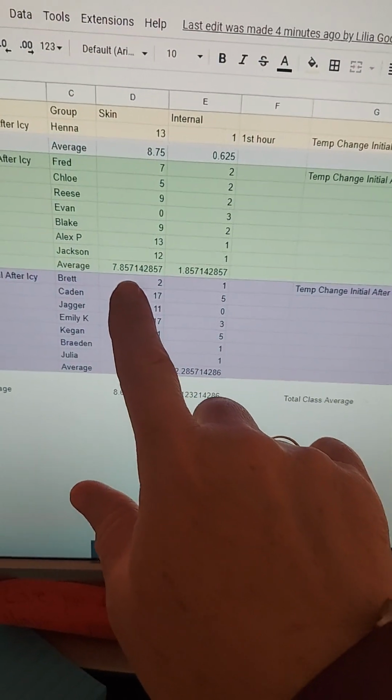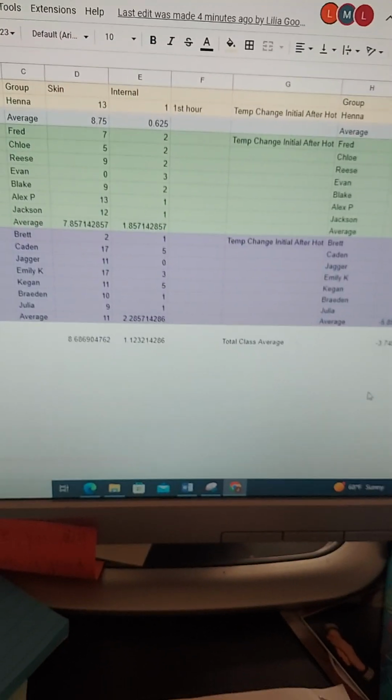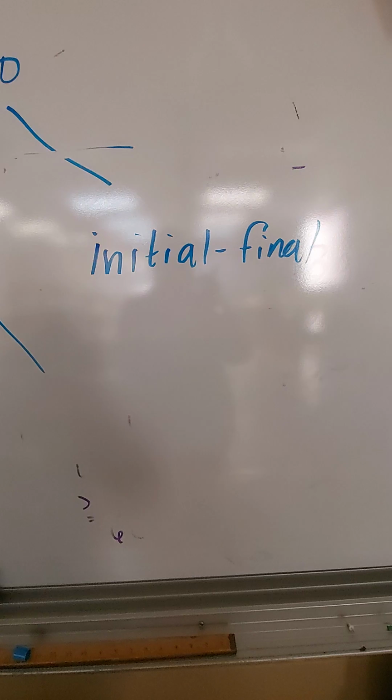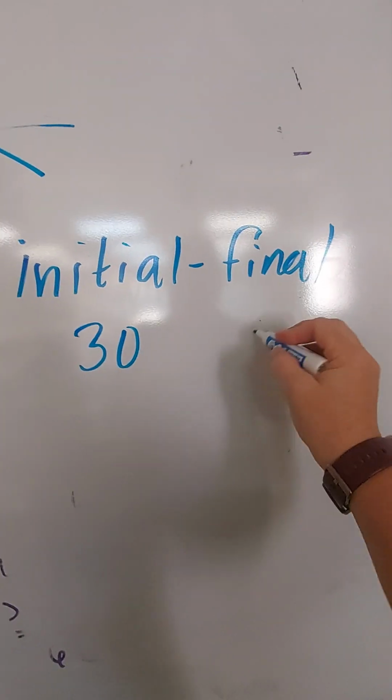So remember that we have positive numbers and we have negative numbers. I need you to remember one thing. The calculation on the lab was kind of weird, and I kind of questioned it myself. The initial question was, it was initial minus your final, right? So let's think about that for a second. Initial minus final. So if your initial was 30 and your final was,